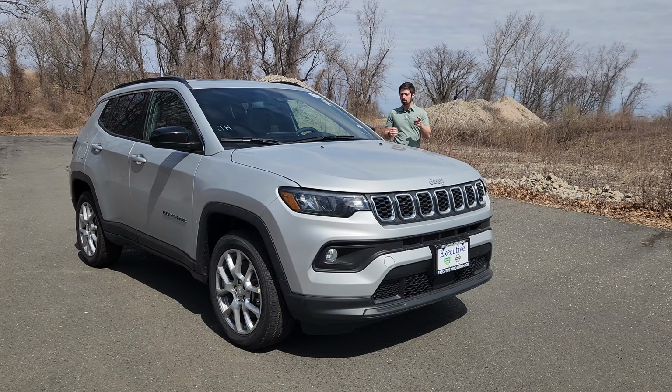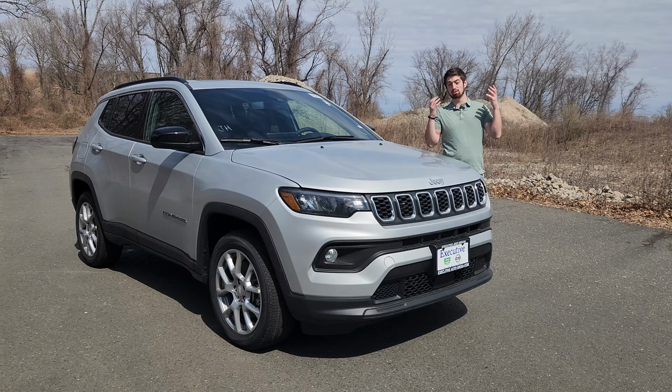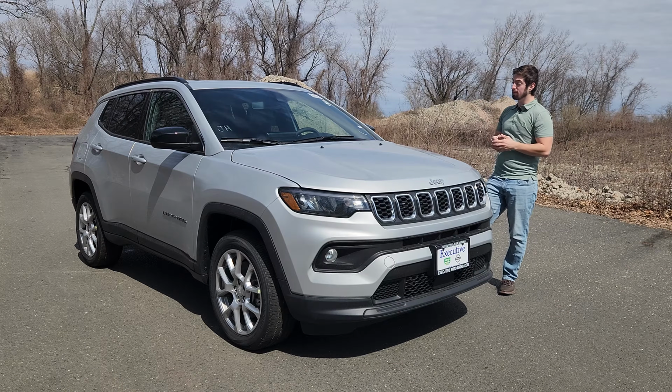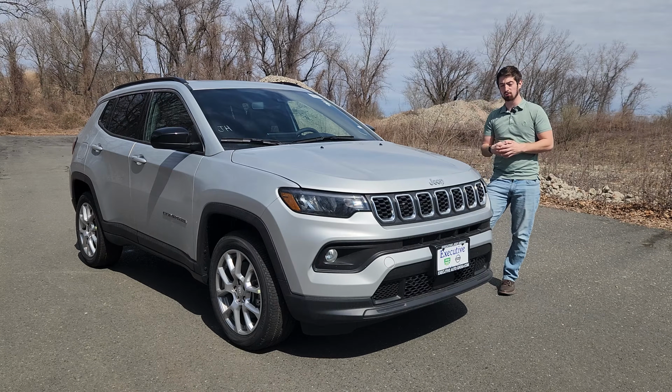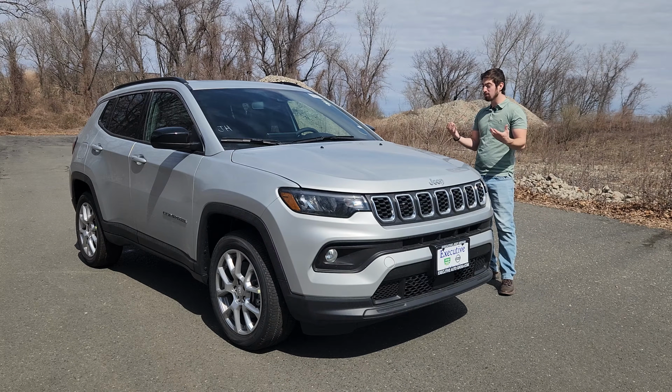Right next to me is a vehicle that actually blew my mind for being affordable and really nice. This is the 2024 Jeep Compass Latitude Lux. These vehicles start at $35,000. This one is $37,000, and the only difference is the premium sound system and the full panoramic sunroof. So I'll be taking you through the ins, the outs, the back, everything about this vehicle, and showing you, is